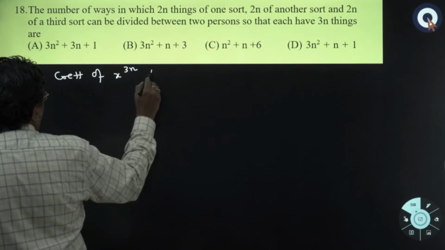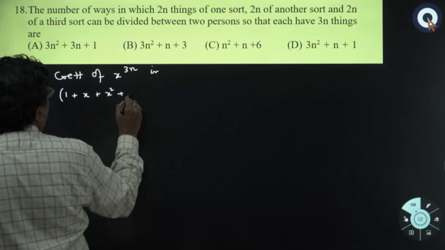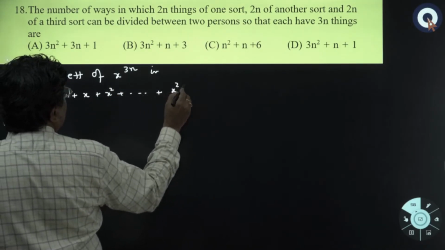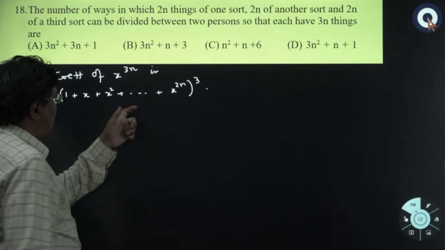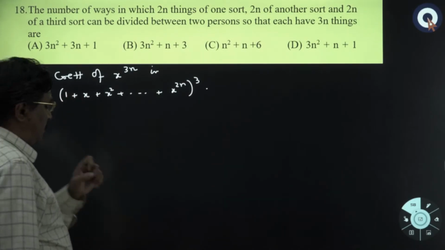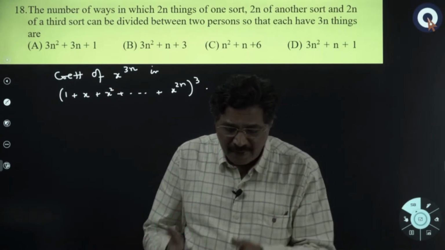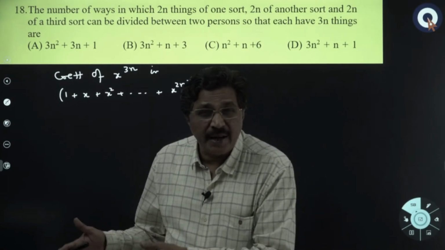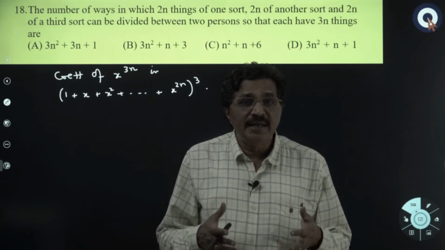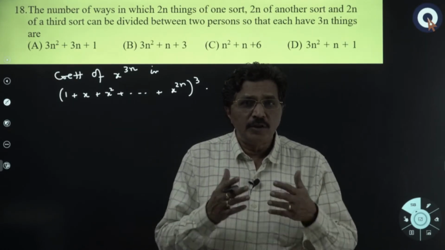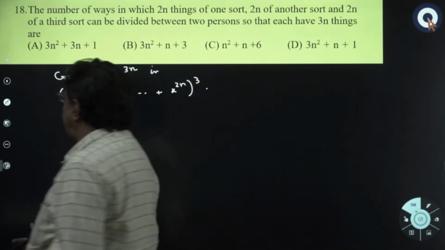in the expansion of (1 plus x plus x square plus so on plus x to the power of 2n) whole cube. Because there are 3 varieties, it is the same thing that I have said, I will repeat once again. If there are n things of one kind, another n things of another kind, another n things of another kind, from these 3n things, if you want to select exactly a particular number of objects, then it is the coefficient of x to the power of that particular number. So this is